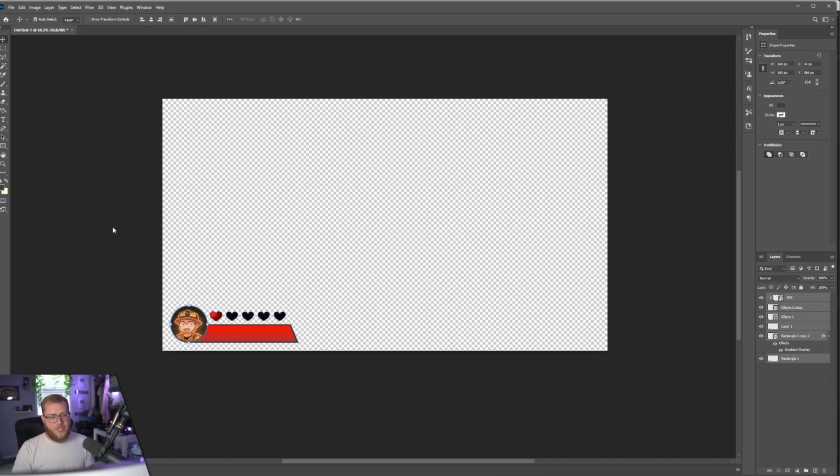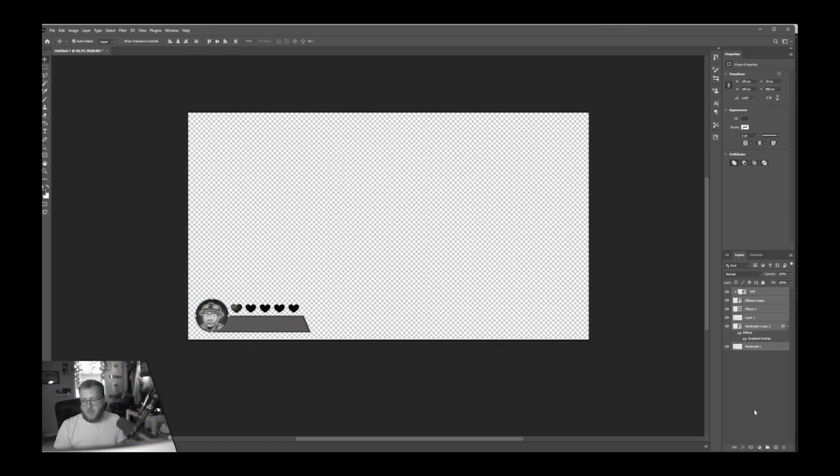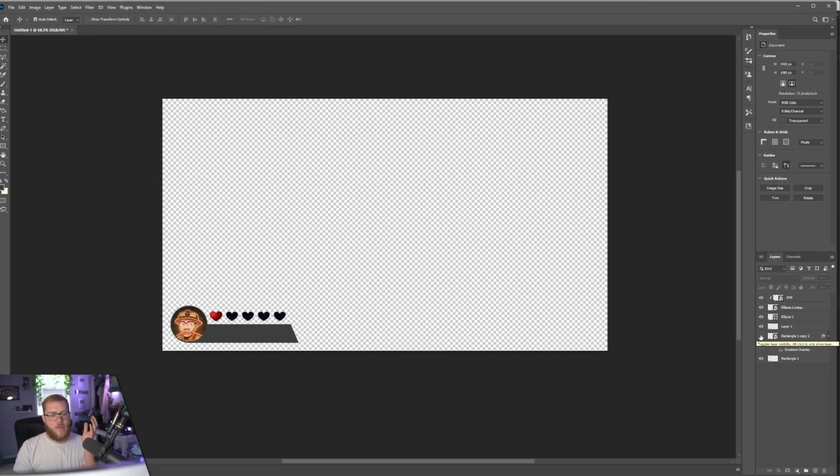Real quick, I just thought about something. If we have hearts to display the amount of health you're at, we don't need the bar to once again explain the health that you have. So this location here is actually just going to be the player's name, I believe. Something like this. I think that will work.